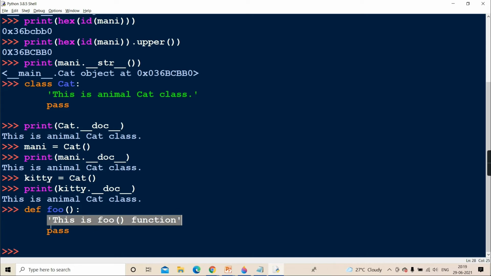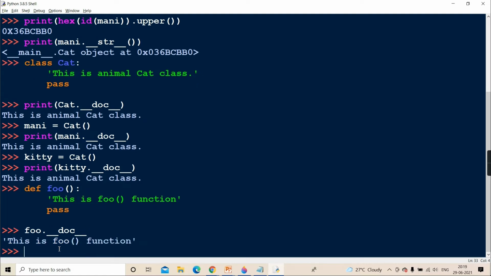And what Python does is it will add this documentation string. This is actually a docstring which you can write by 3 quotes also if you want to extend to more than one line. Will it add this docstring in this foo object property? Means that foo object will have one property now, double underscore doc. See, foo dot double underscore doc, if I write, it will print the same thing. This is foo function. How runtime everything is happening, can you imagine? Internally everything is happening. Means just you define a function, add a documentation string, and at runtime this foo object will get this property and in that property this documentation string is stored.